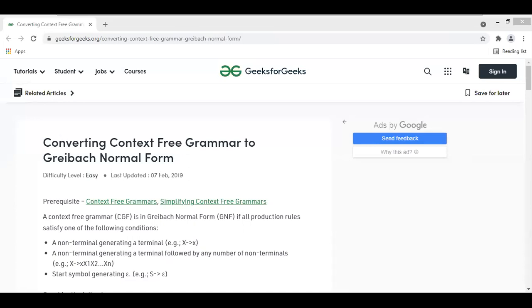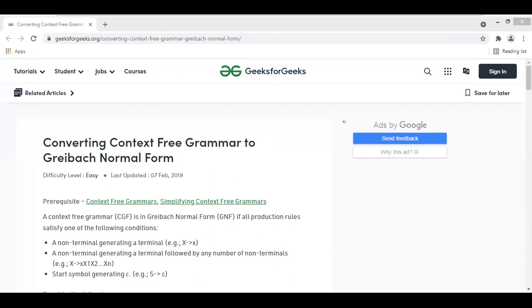And today's concept is about the second type of normal form. In the last class, I explained to you about CNF, right? CNF is nothing but Chomsky normal form. And in the CNF, I explained what the syntax of the CNF is, and from the given grammar, how to convert it into the CNF just by following the syntax of its format.